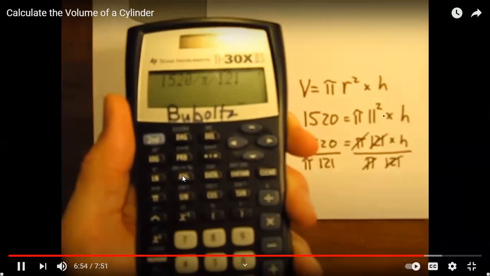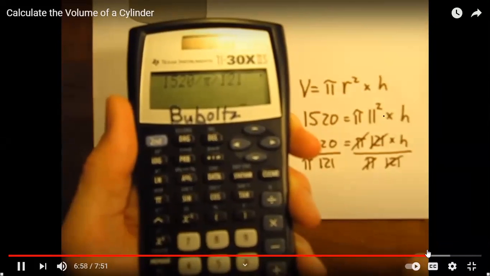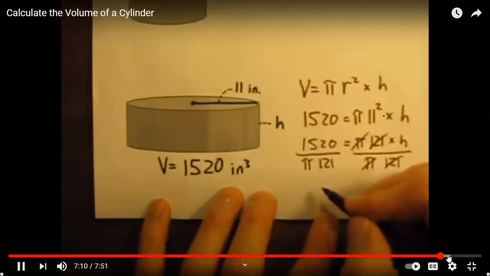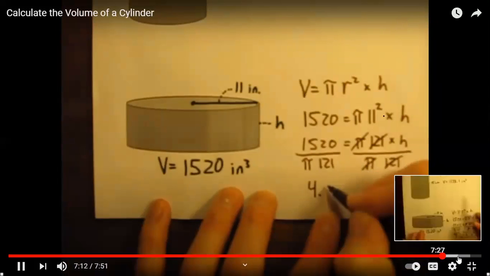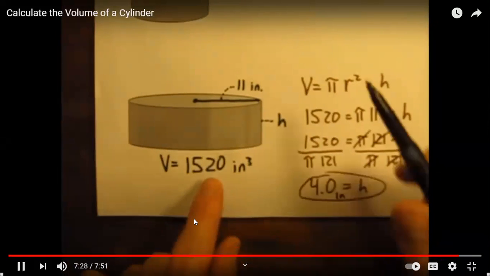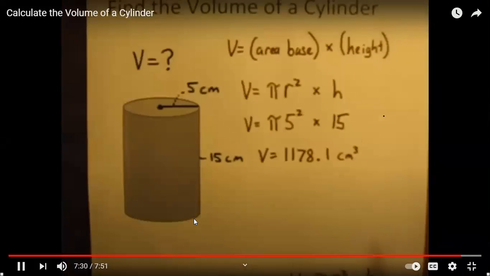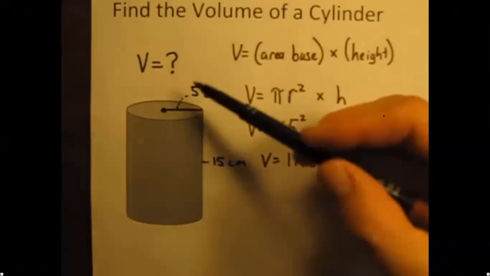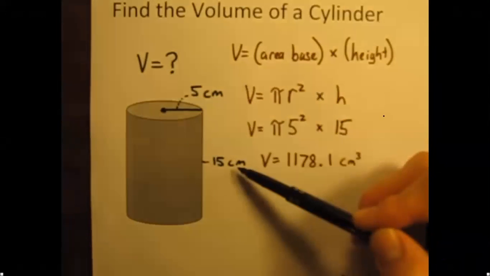So 1,520 divided by pi divided by 121 is. So we had to work backwards. In the first problem, we were calculating the volume based on the radius and the height. In the second problem,